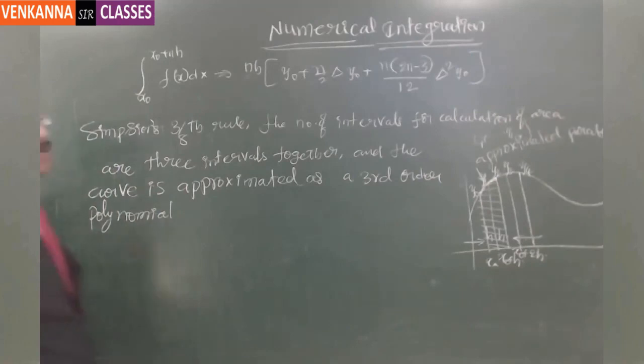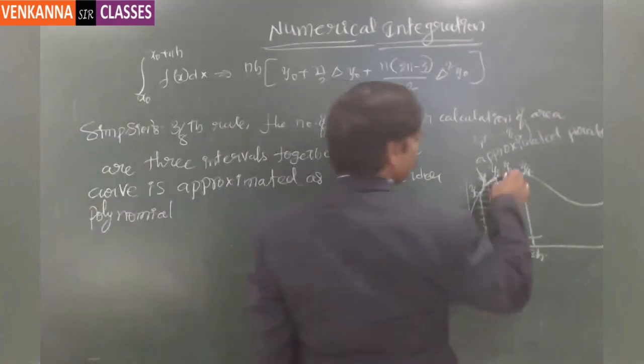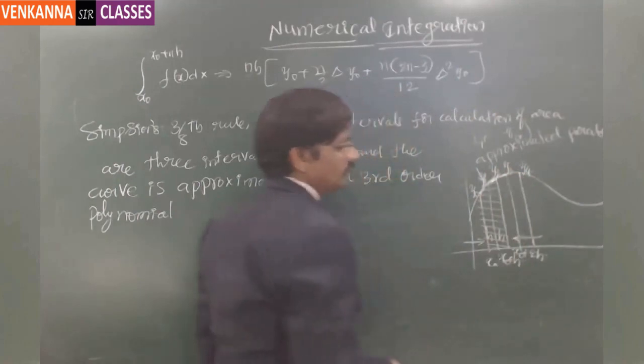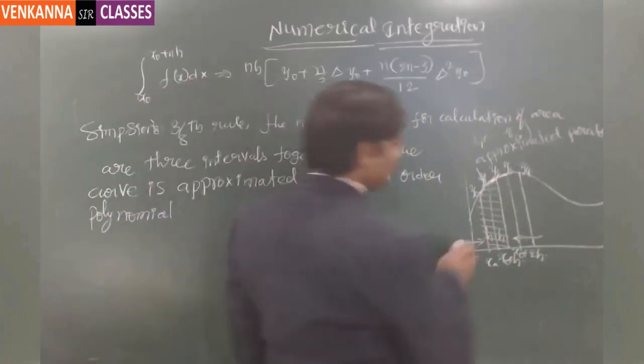So this is approximated as a third order polynomial. Now here actually 3 different areas are taken together at one instance. Now actually if you notice,